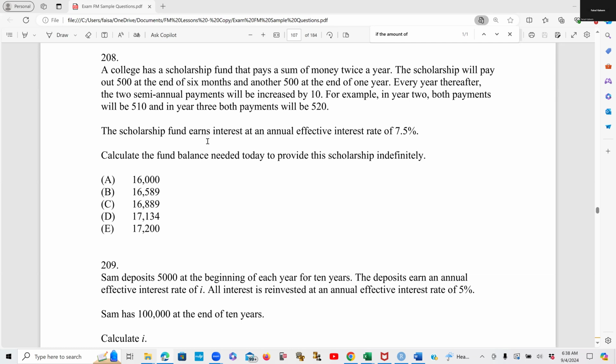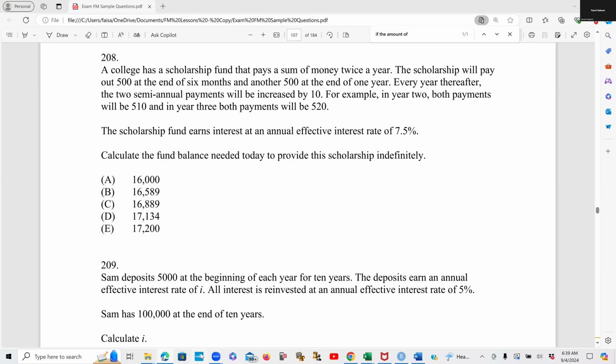In year 3, both payments will be 520. The scholarship fund earns interest at an annual effective 7.5%. Calculate the fund balance needed today to provide this scholarship indefinitely. So we see that this is not quite our regular arithmetic perpetuity, because there are two different streams running around. We don't have an increment in every payment. Two payments remain the same in a year, then the next two payments get increased to the same amount